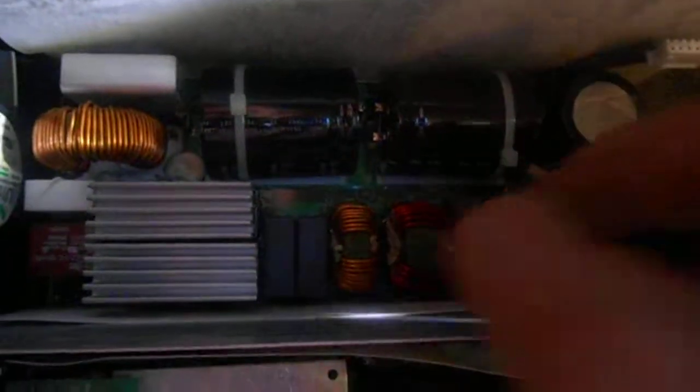This is, I believe, what you call the filter board, so your AC comes in through here. You've got, where's the bridge rectifier? Always filtering down here. Oh, and then rectifier down there, I believe. I can't see another one. There's an MOV, I believe, here. There's a relay at the end there, big old resistor, an inductor,